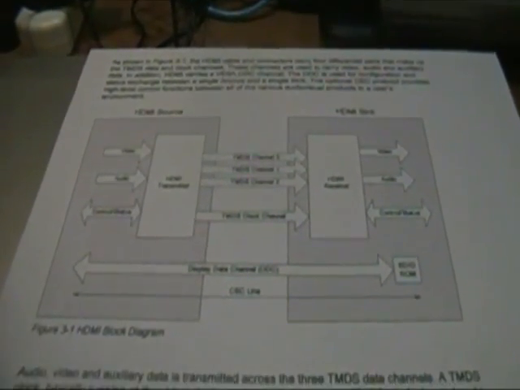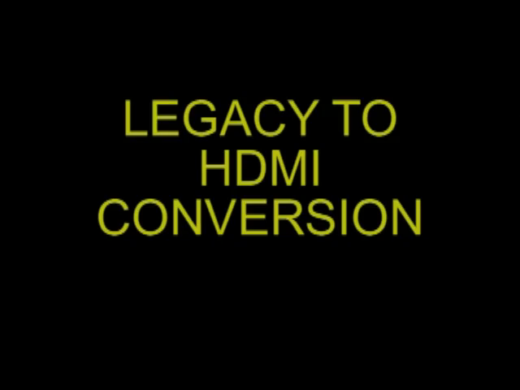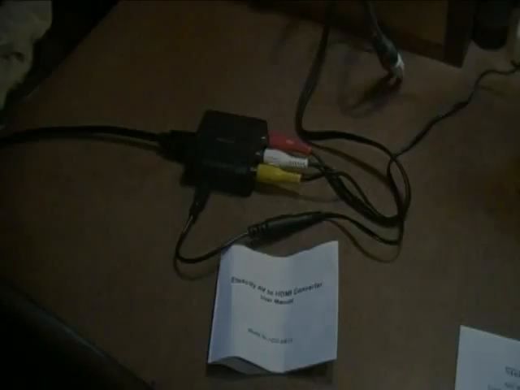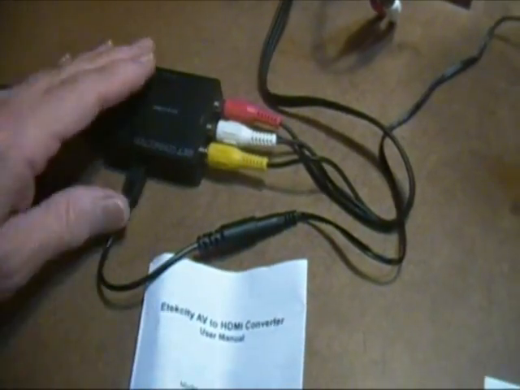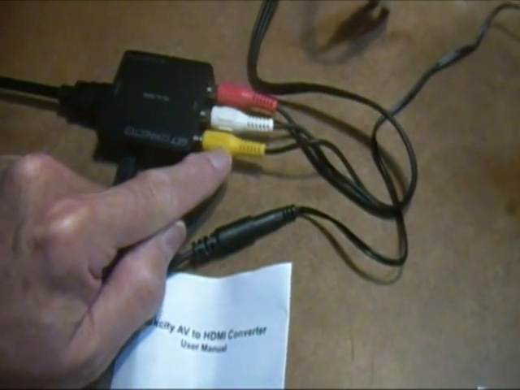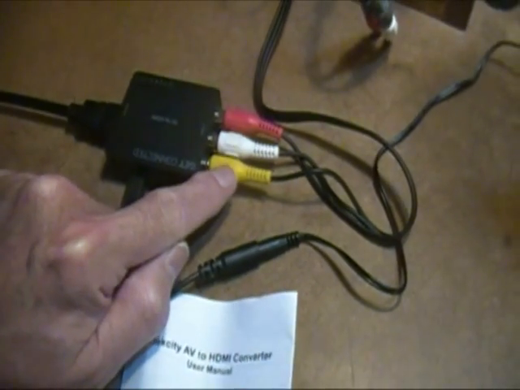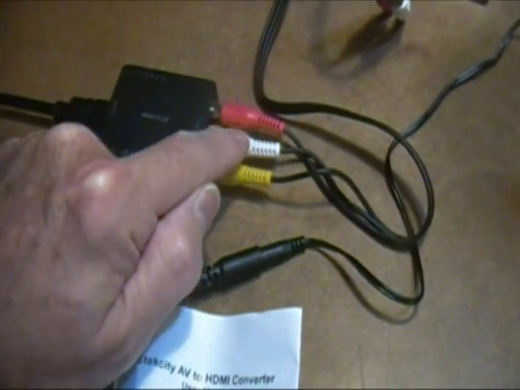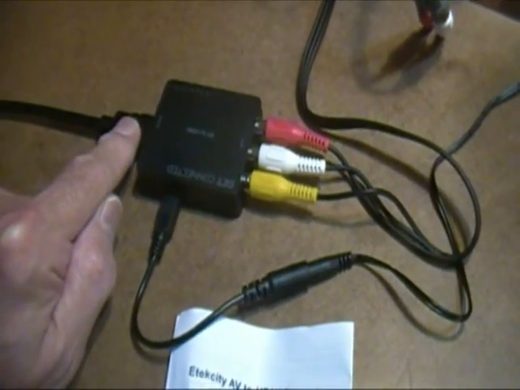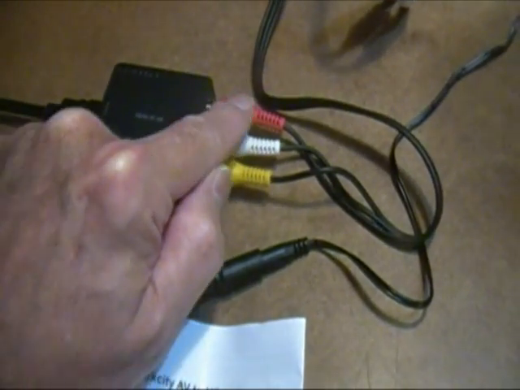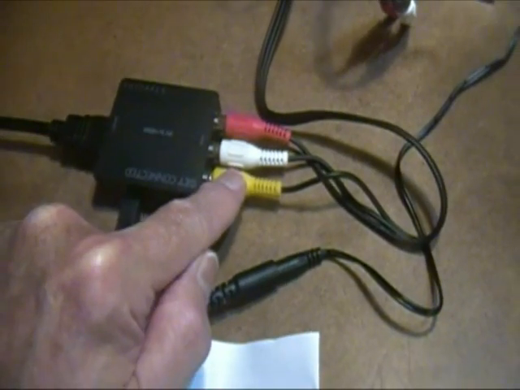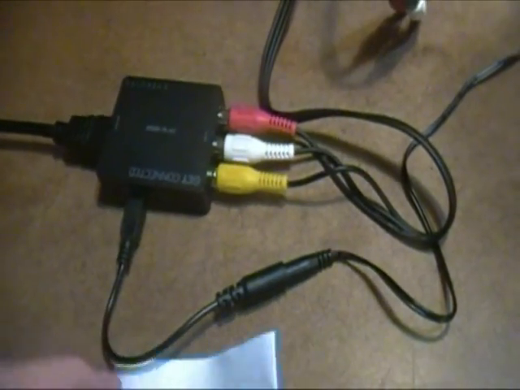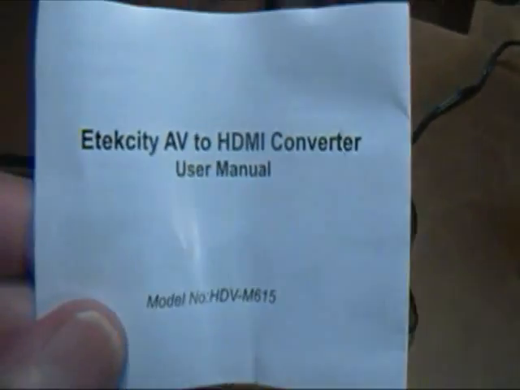So now let's switch and start talking about how you convert between all these various formats. Okay, as we talked about a second ago, this device connects from what's called AV or composite video with analog audio, converts it to HDMI. If you have a really old player or a real old source of audio and video, this is probably what you need. This particular device I bought from, I think, eTech City,